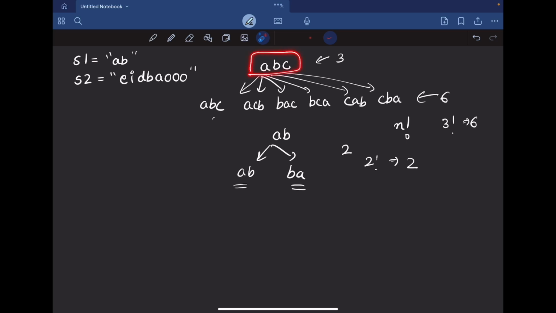For example, for ABC we have these many permutations. Then I'll check them one by one: whether ABC is present as a substring in S2 or not, whether ACB is present or not. If at any point it is present, I'll return true. Otherwise, when I have traversed all the permutations, at the end I'll return false.